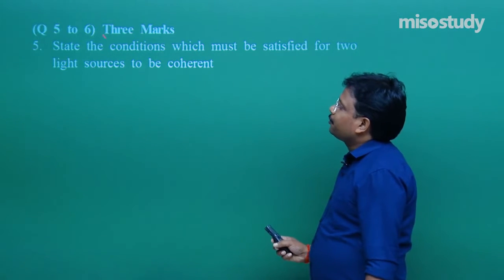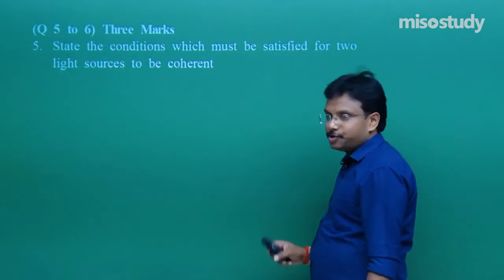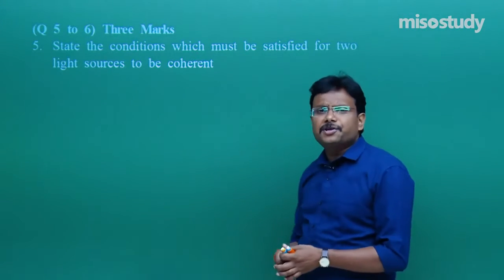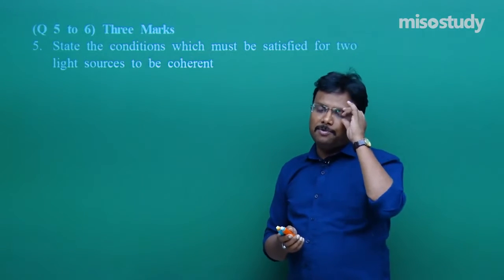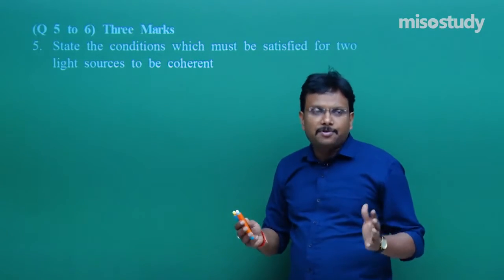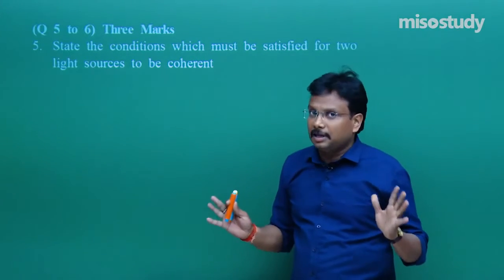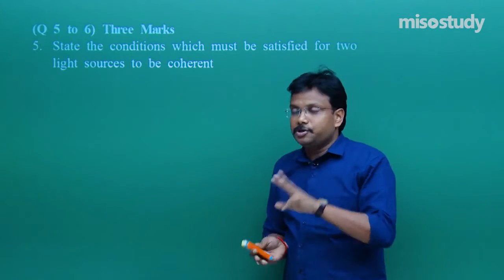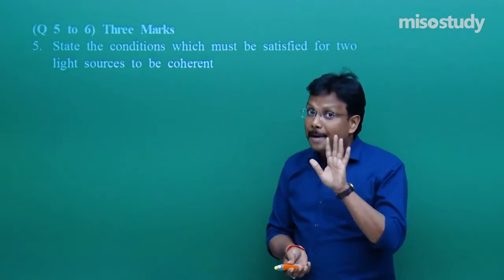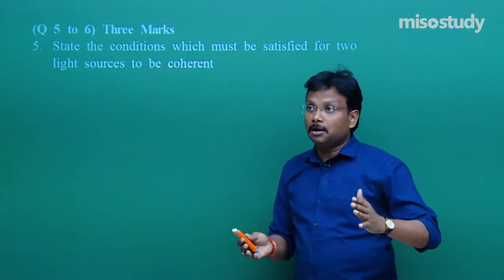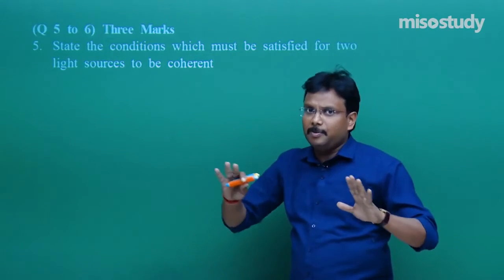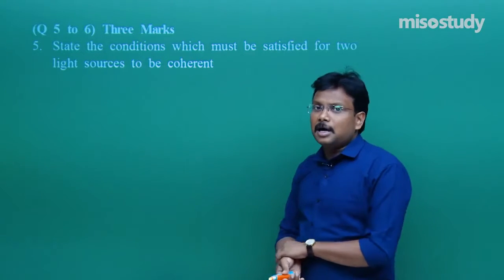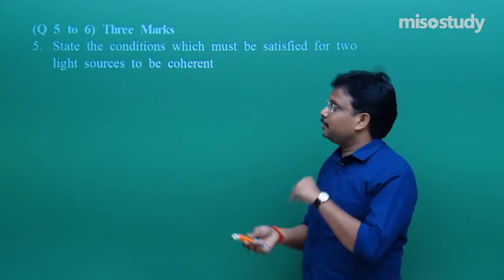Question number 5 to 6, these are 3 marks questions. Now, in 3 marks questions, sometimes you may get some numericals, sometimes some diagrams, some small derivations, something like that. But for 3 marks questions, your answer should be balanced. It should be around a page or so, an A4 size sheet. I mean, proper explanation. So, let us start how to interpret this.